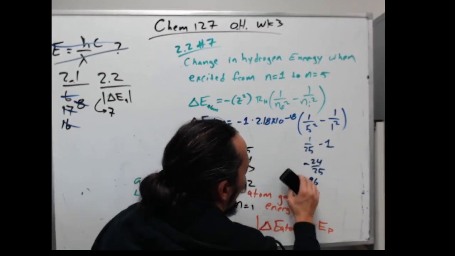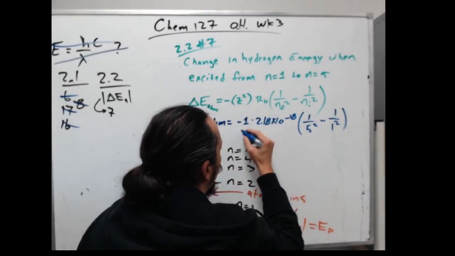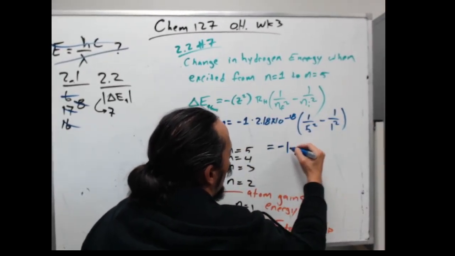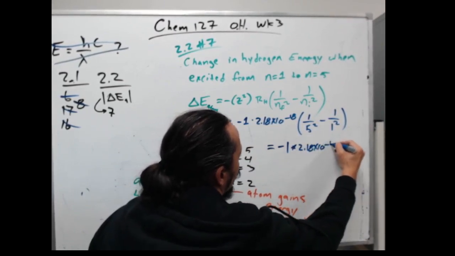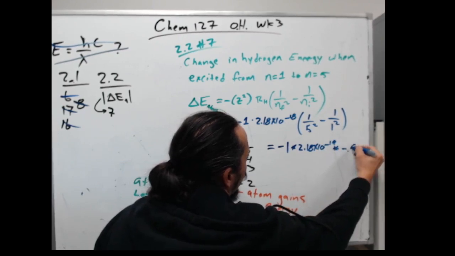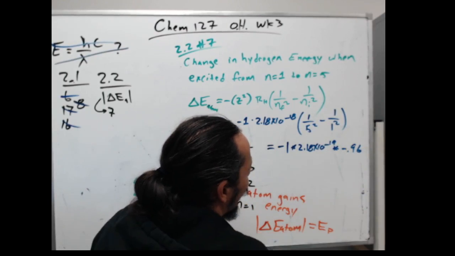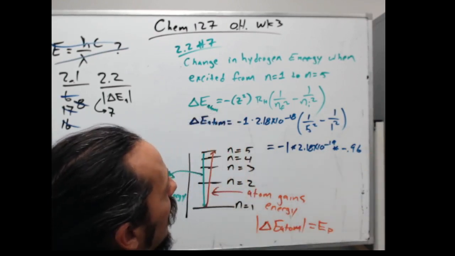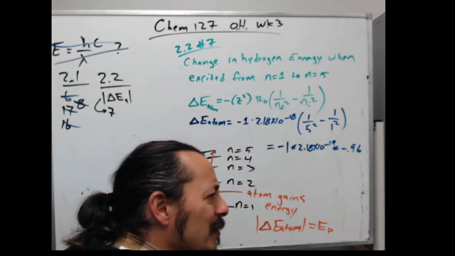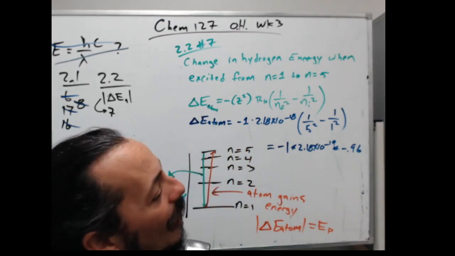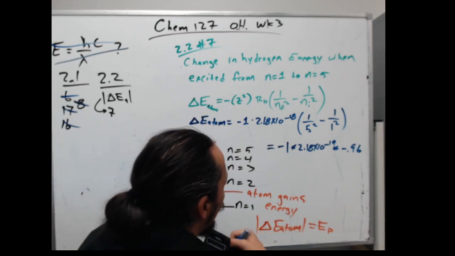I'm just going to erase all of that thinking now. This is going to be equal to negative 1 times 2.18 times 10 to the minus 19 times negative 0.96. Negative signs are going to cancel out, and then I just multiply this through. I'm going to get something really close to 2. Is it 2.04? 2.09. Okay, we did a different one in class. So we end up with